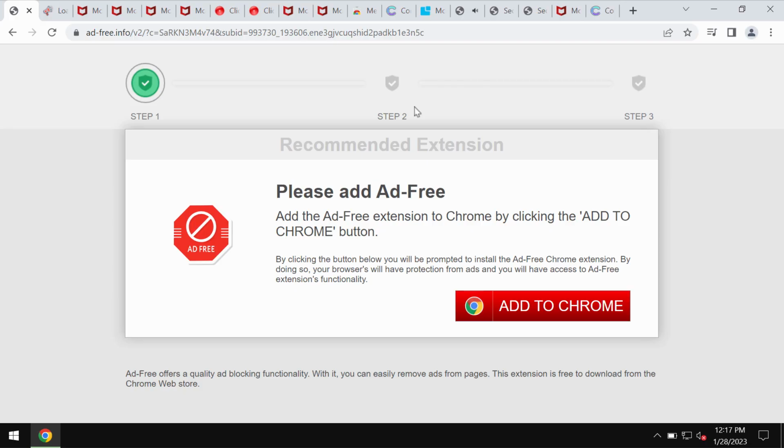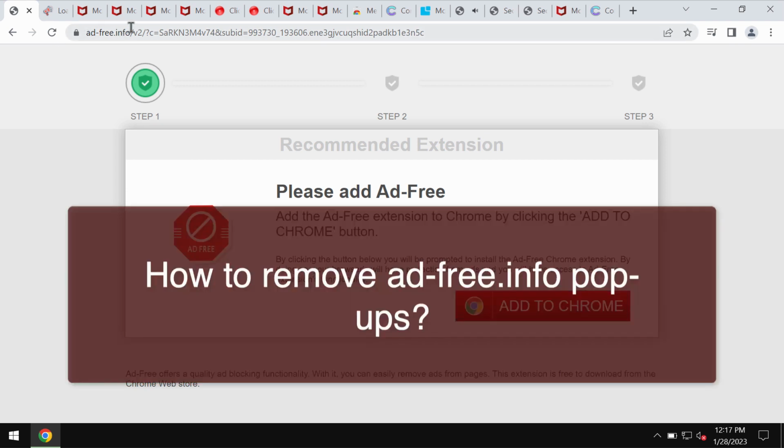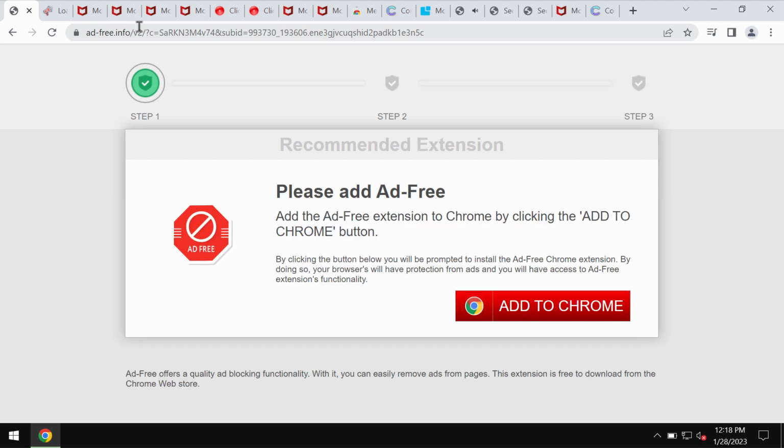My video tutorial is about removing the malicious pop-ups that are related to the site Ad-free.info. Ad-free.info is a new malicious site that may suddenly attack Google Chrome and other browsers. Ad-free.info tries to make people download and install certain potentially unwanted applications, such as unwanted browser extensions that may operate